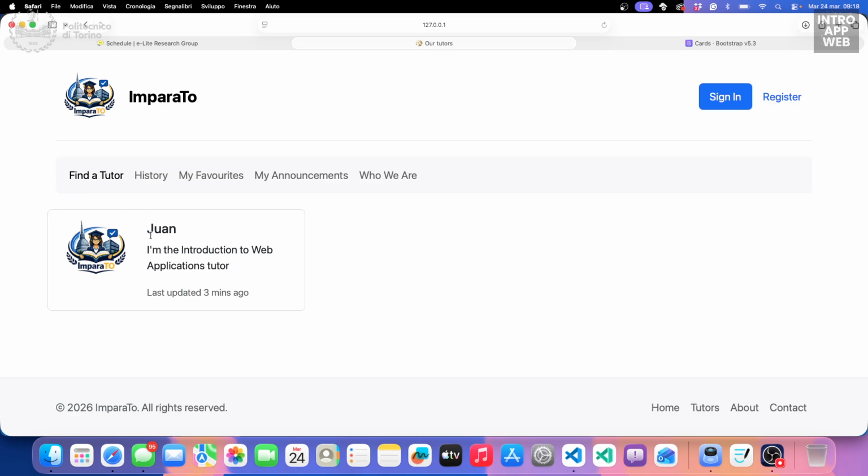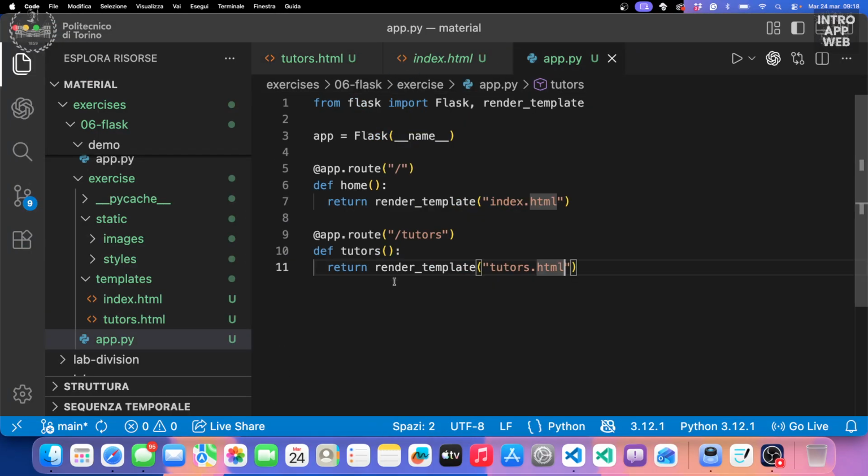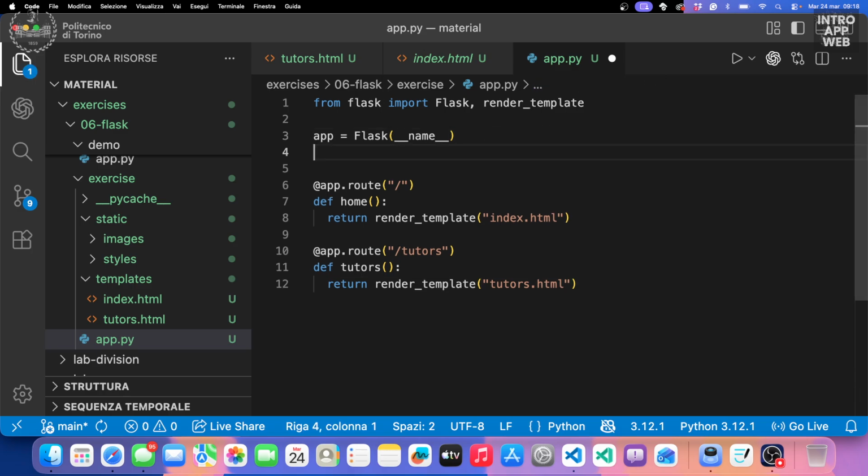We want these tutors that will be displayed here to be dynamically displayed, dynamically generating this page. Something similar to what we did yesterday with the list, do you remember, with apple, banana, and the other thing. Now we will pass also a dictionary, in this case, of the tutors that we want to display in this page dynamically. Okay, so let's try to see how it could work. So here in the Flask application,